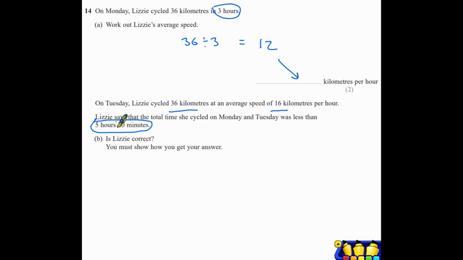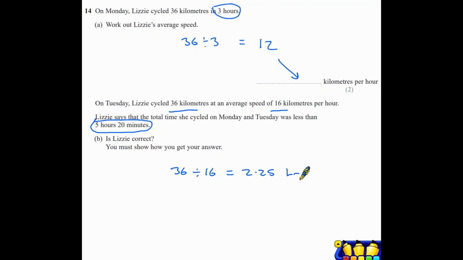So we need to know how long it took her on the Tuesday. Let's have a look at this. If she did 36 kilometres at an average speed of 16 kilometres per hour, distance divided by speed gives us the time, and 36 divided by 16 is